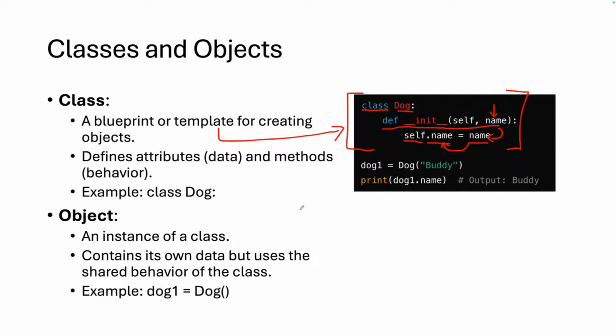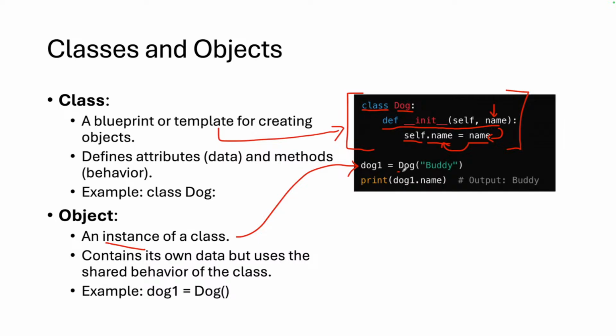When we're ready to use that class and actually create a real dog, we didn't actually create a dog yet. We just said, this is what dogs should look like when you create dogs. Now we're ready to create a dog. So when we create a dog, this is the instance of the class. This is called instantiation of an instance.